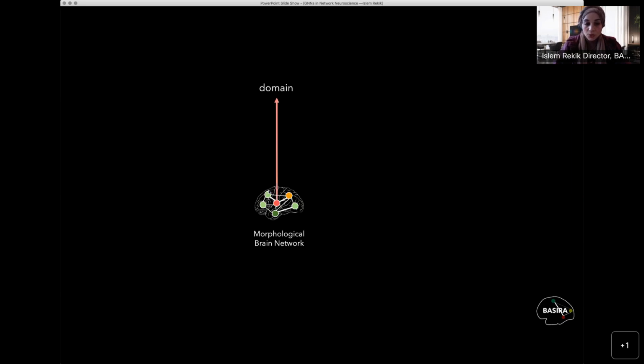Okay, so this work, I'll give you just a brief overview about how we do this in a second, but let me explain. So we're starting with a relatively affordable morphological brain network that can be acquired from the basic MR sequence without resorting to other sequences. And what we want to do is to learn how to predict other types of brain networks that might be costly and of high resolution, for example, across different domains.